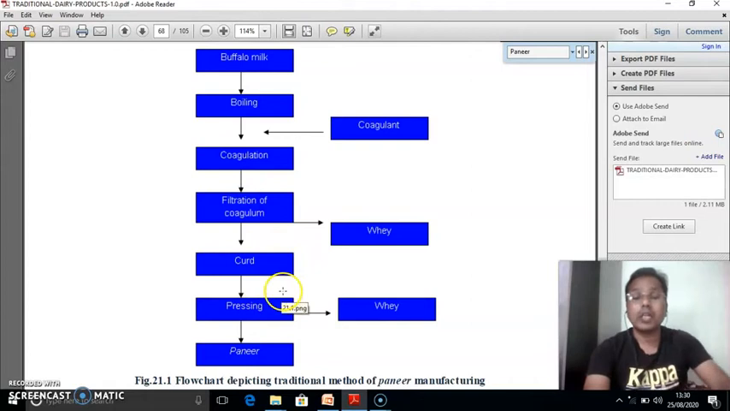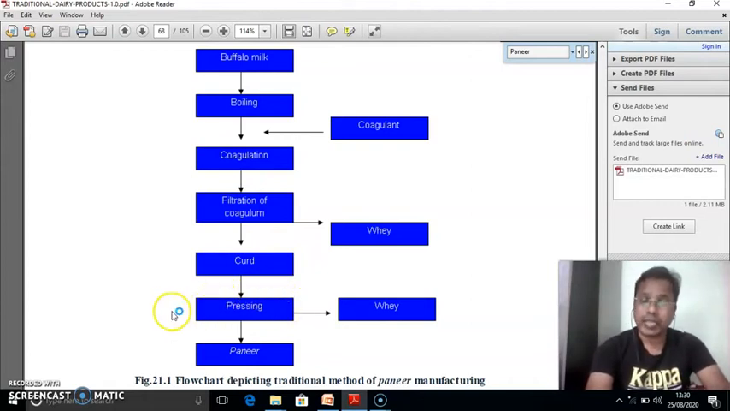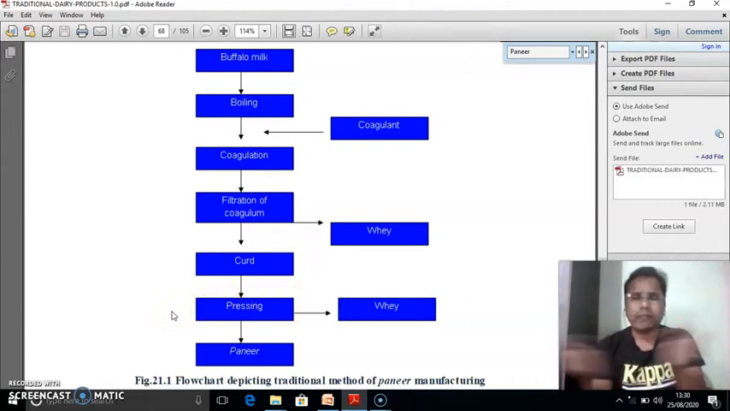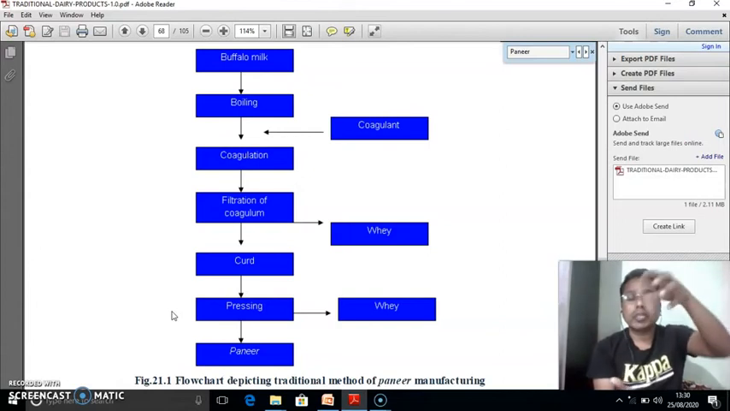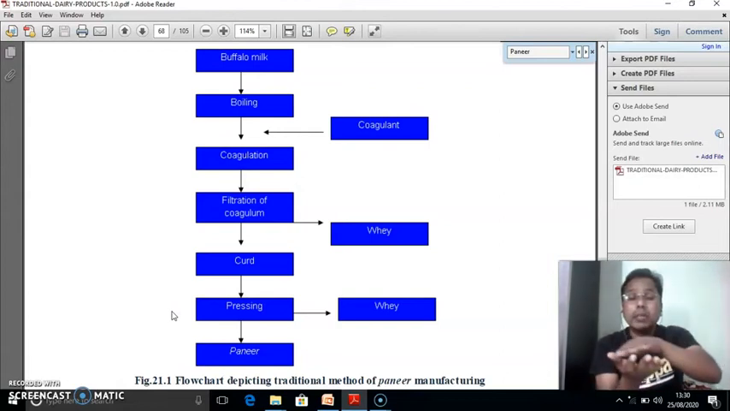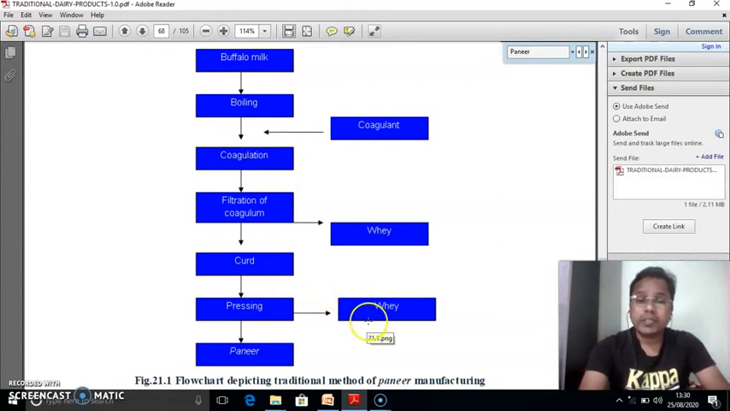That curd or mass should be pressed with the help of a press at home, and whatever heavy weight you have, that heavy weight should be kept on that mass. So what will happen? The maximum whey will drain out, and after the drainage of whey, the curd or